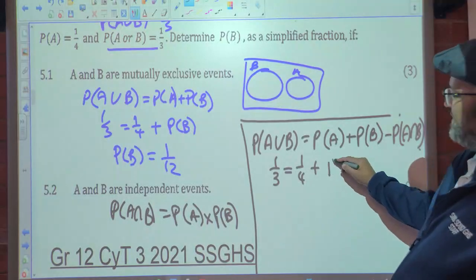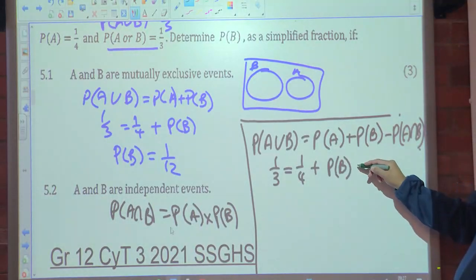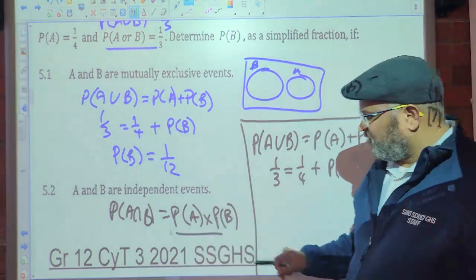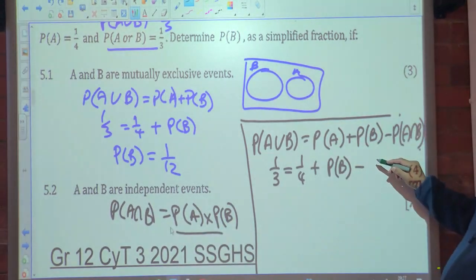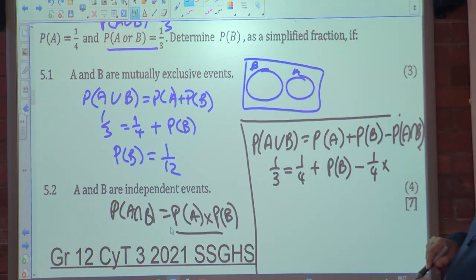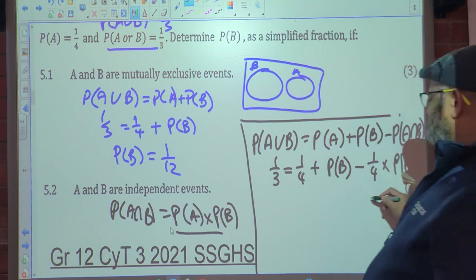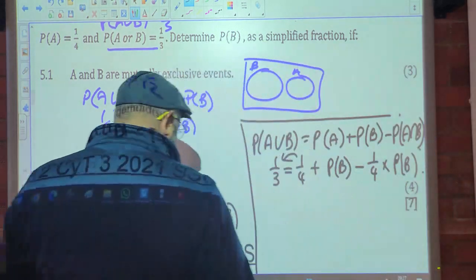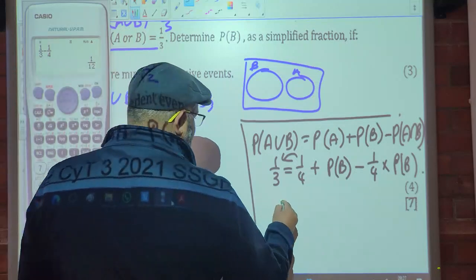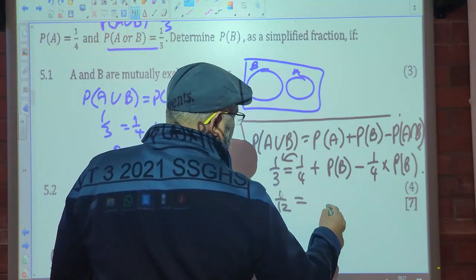The probability of B is what we're calculating, minus the probability of A intersection B, which follows this formula. So it's the probability of A, a quarter, multiplied by the probability of B, what we're calculating. Okay. Let's take that over the equal sign. So it's a third minus a quarter, which is 1 over 12, is equal to